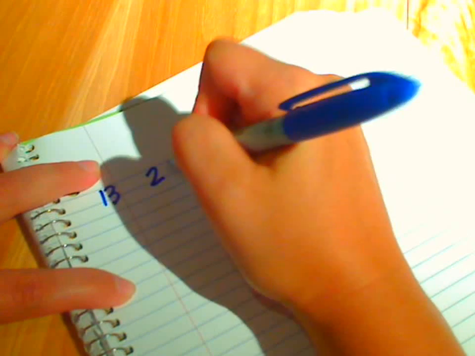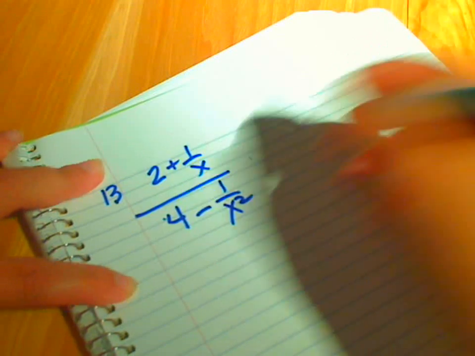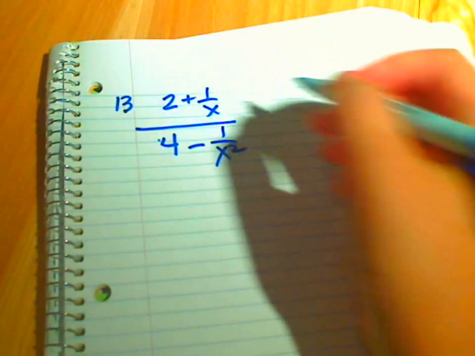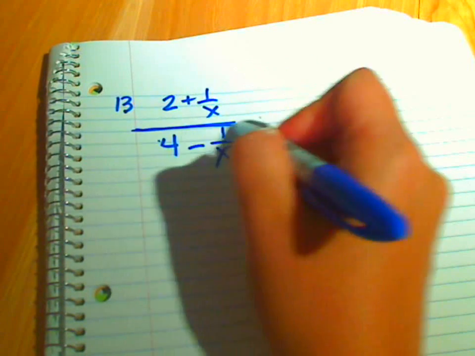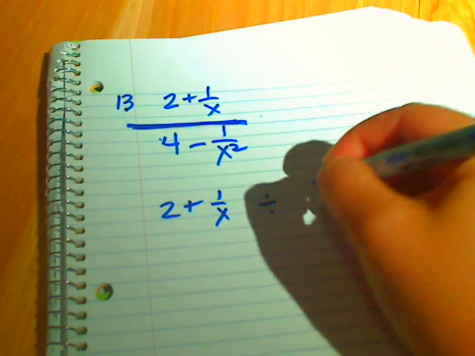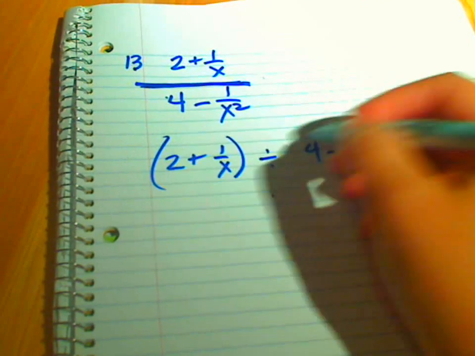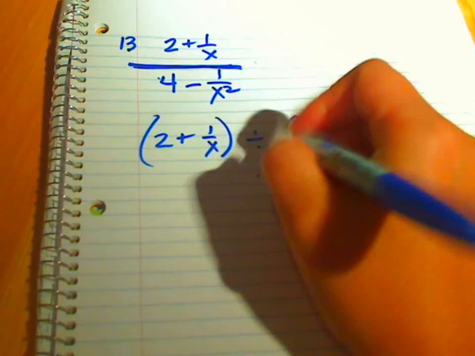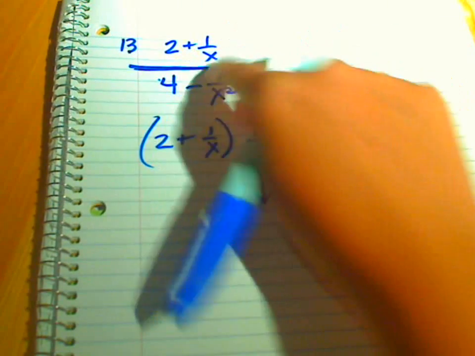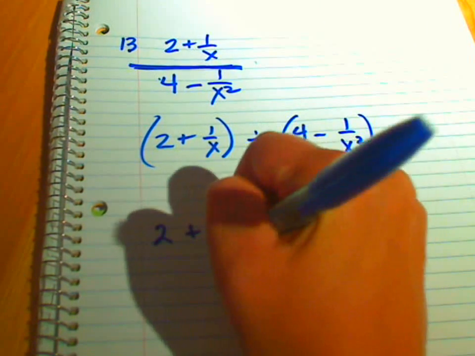Number 13 kind of goes along the same path. You have 2 plus 1 over x divided by 4 minus 1 over x squared. What you're going to do is change this just like we did number 12. This means division, so if I could write it like 2 plus 1 over x divided by 4 minus 1 over x squared, this means the exact same thing. They'd probably be in parentheses though because of order of operations. So what we're going to do is change this, either this or this, however you like it, to a multiplying sign. So I'm going to take it as 2 plus 1 over x, multiply,